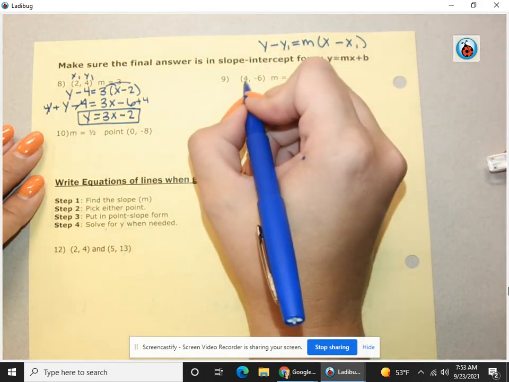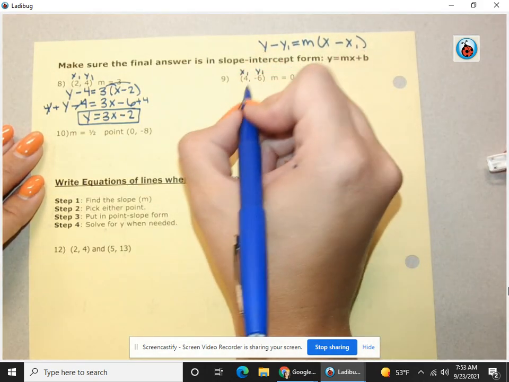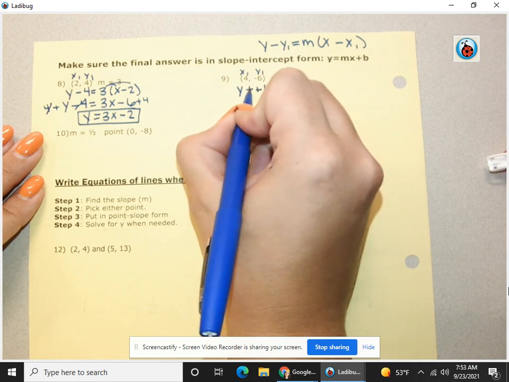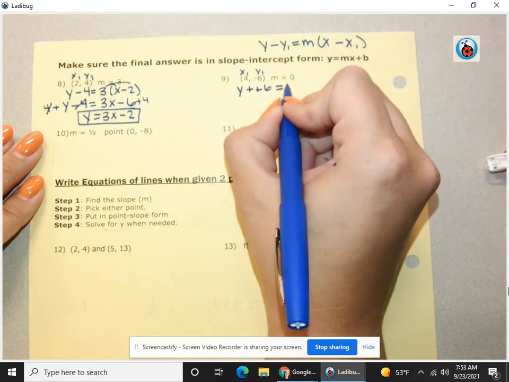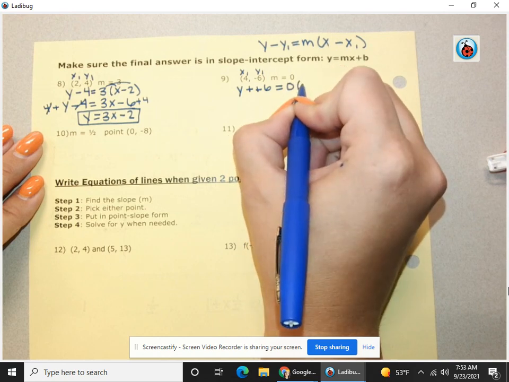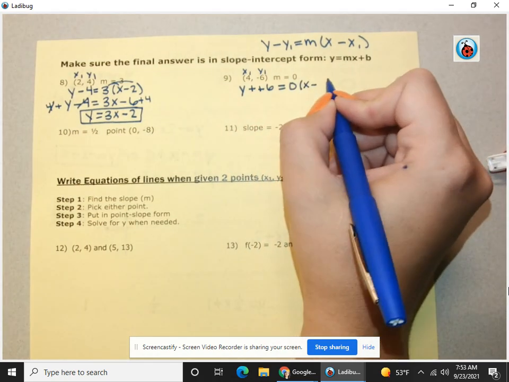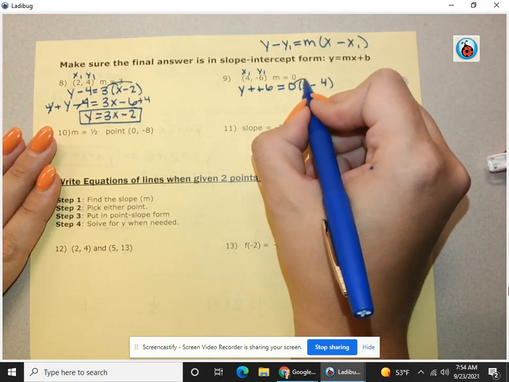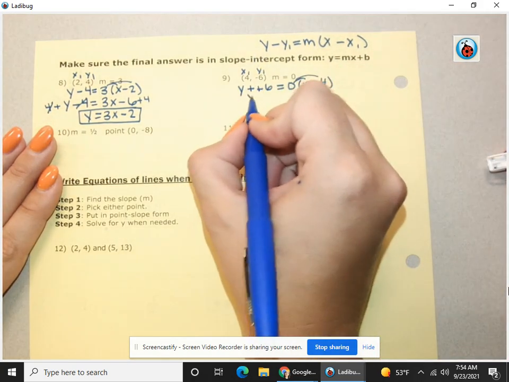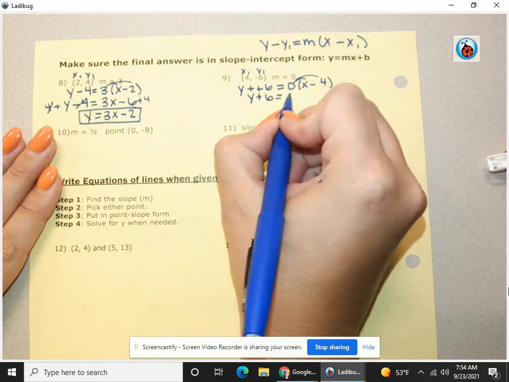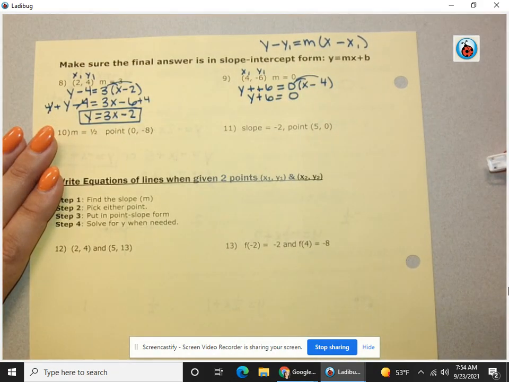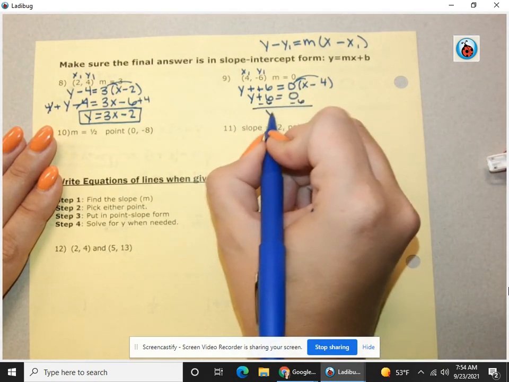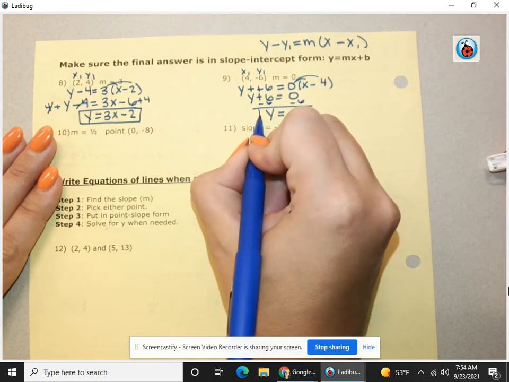Problem number 9, x1, y1, y minus y1, which is negative 6, that makes it a positive, equals m, which is 0 times x minus my 4, my x1. Now when I distribute my 0, it's going to get me 0, because anything times 0 is 0. I'm going to subtract my 6 to the other side to get y equals negative 6,